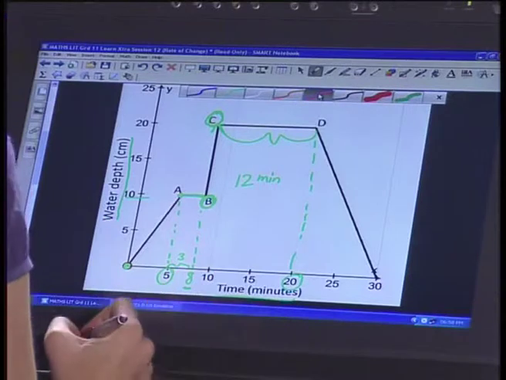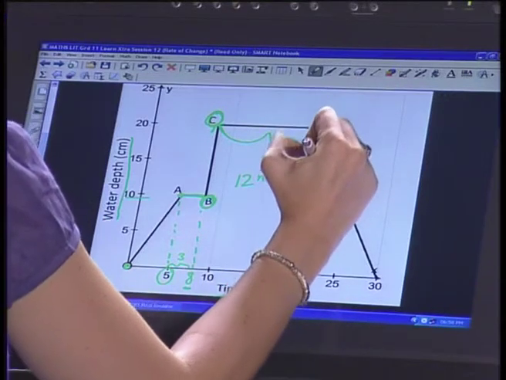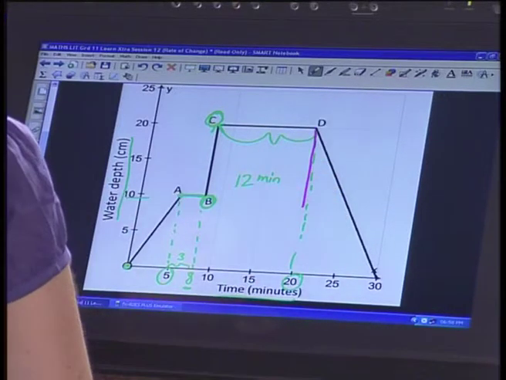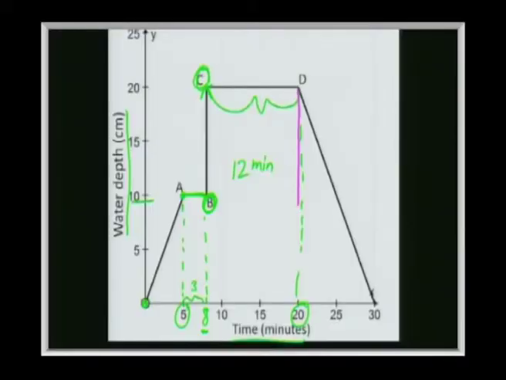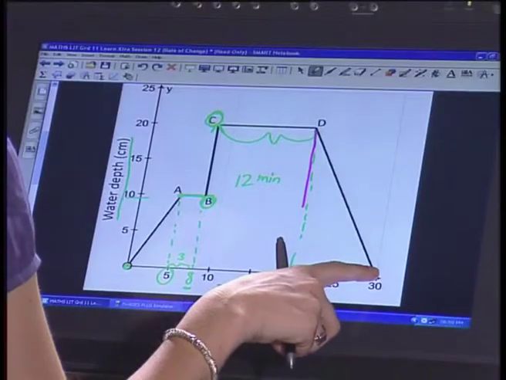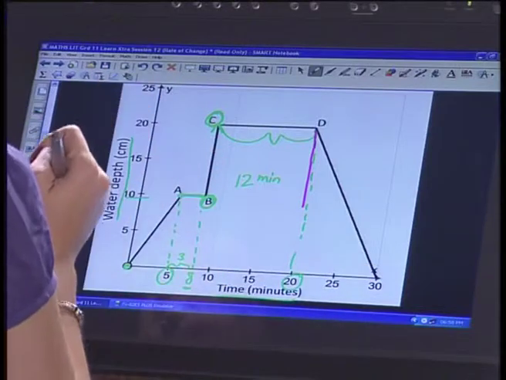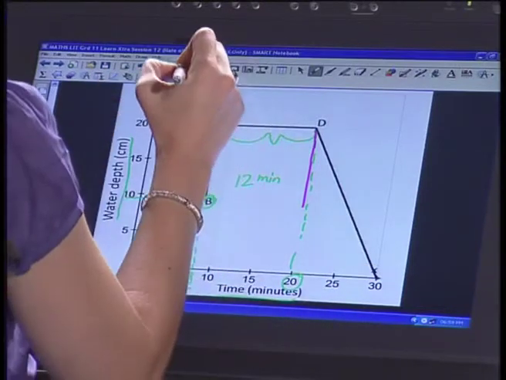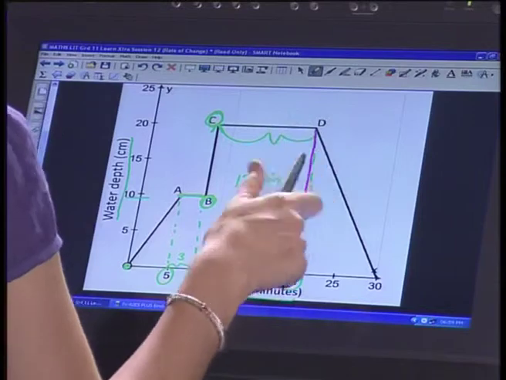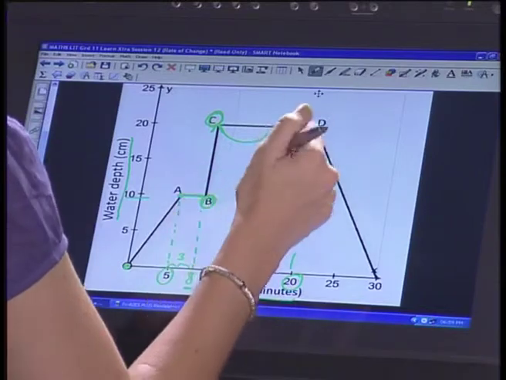If Nancy had gotten out of the bath, we would have had a sharp decrease, wouldn't we? With her body getting out of the bath, the water would have suddenly dropped like it did over here in the first place. But it doesn't do that, does it? The water goes down slowly, which means she must have pulled out the plug and she was still in the bath. So Nancy over here was in